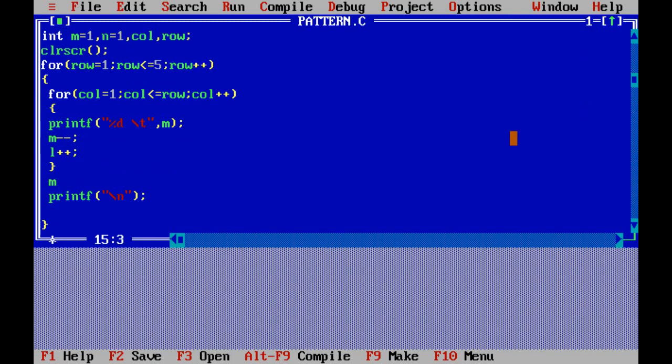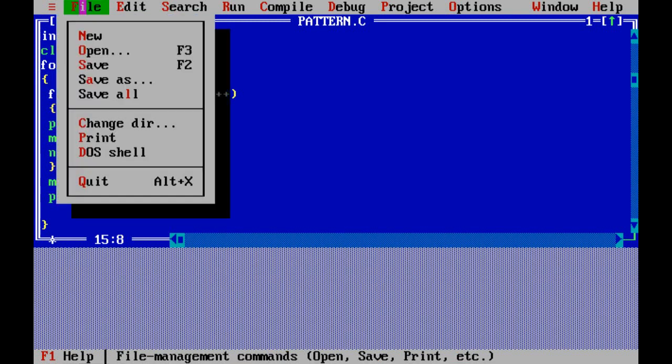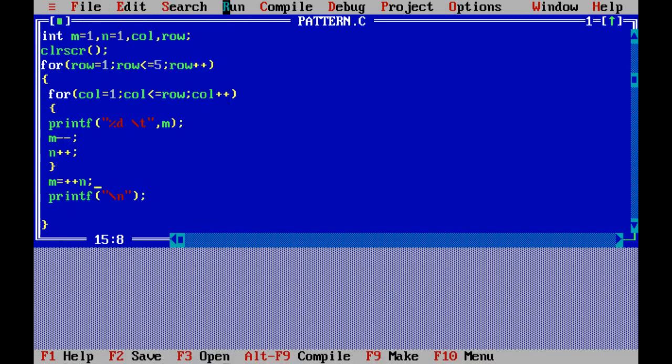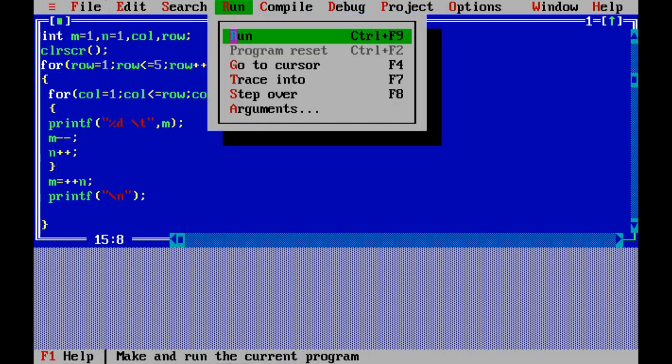For that I'm giving it out of the column. So m is equal to m plus n. Oh sorry, it's n plus plus. So m is equal to m plus n. So after making these changes, let's save this and run it. See, we got the pattern.